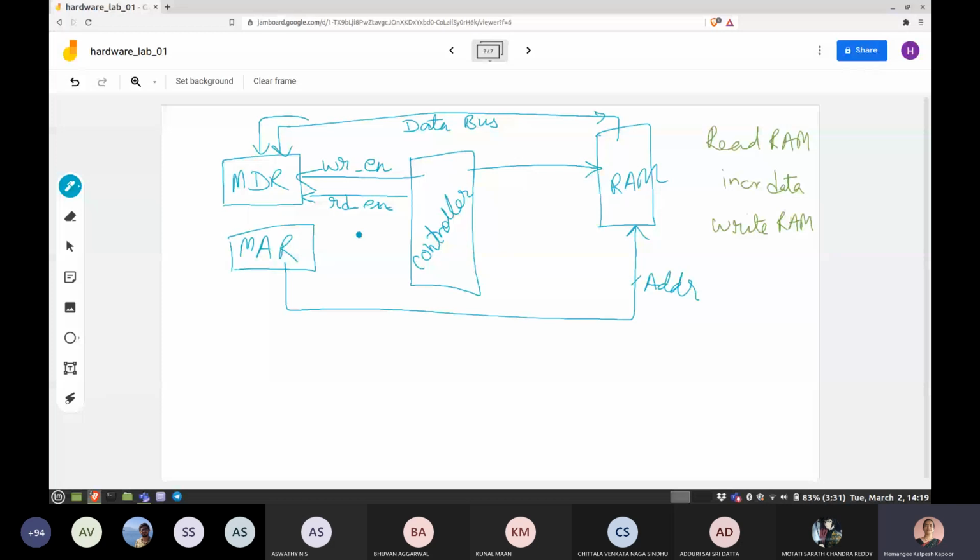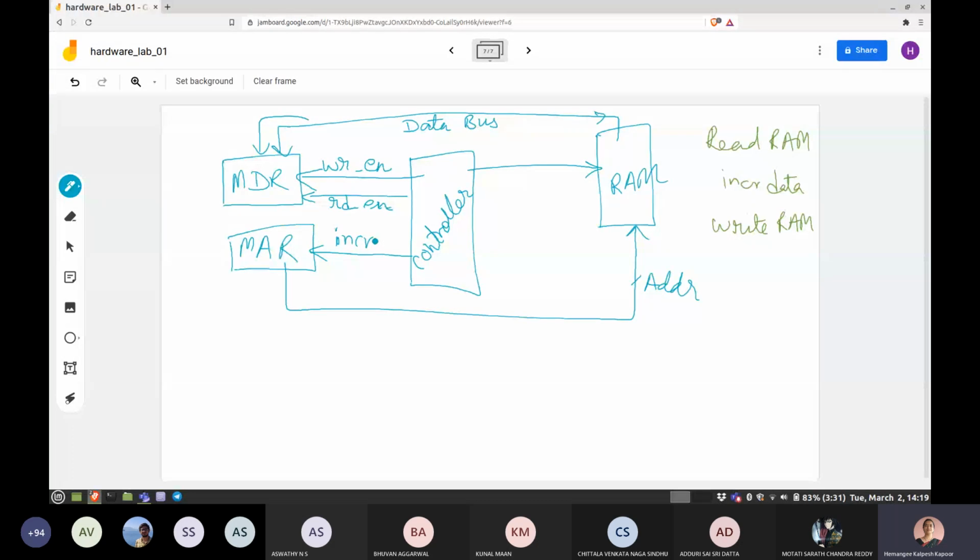Read-enabled MDR puts the data onto the data bus, which then enters into the RAM, and all these happen at the given address on the MAR. Every time you finish one read or write to the RAM, you have to go to the next location, so the MAR has to be incremented. The controller also does this. It just sends an increment signal to the MAR, because we have to go to the next location.